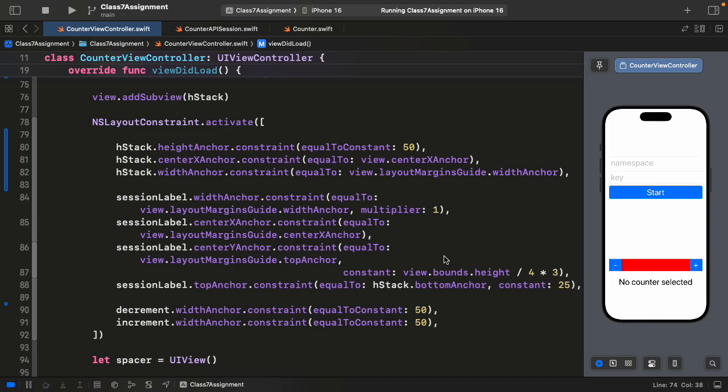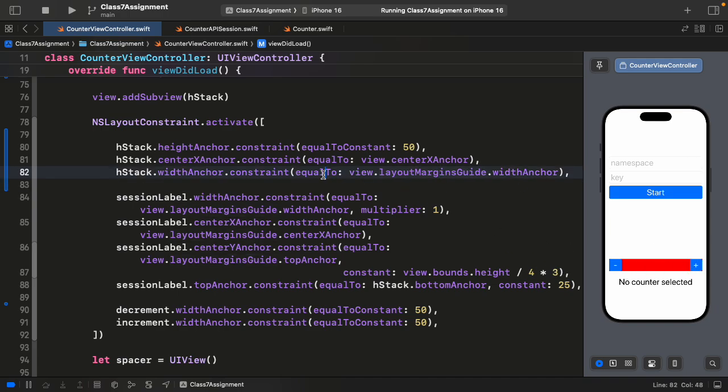So this horizontal stack is essentially being spread all the way to the edges, to the layout margins, right? So those are the margins of the view. You get a little bit of space on the side there, which is nice,